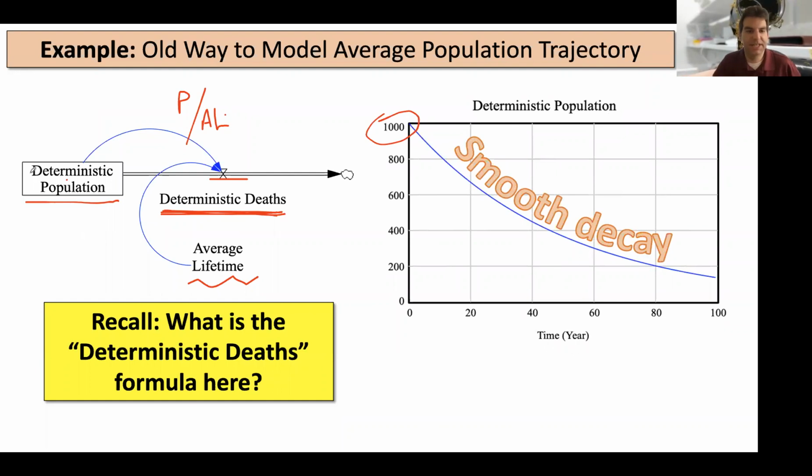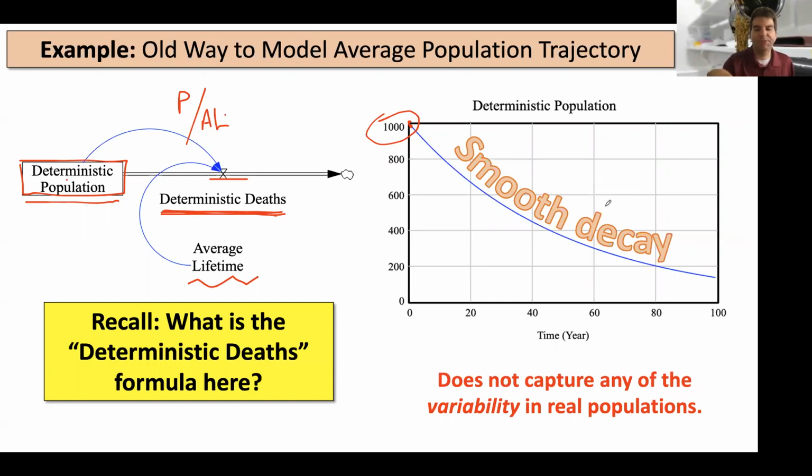So if I were to simulate this, if I started with 1,000 bacteria, then I hit go on the simulation and look at what's in this deterministic population stock here, I get this output where it starts high and then it smoothly decays along this exponential population. And every single time I run the simulation, that's what I get. And so